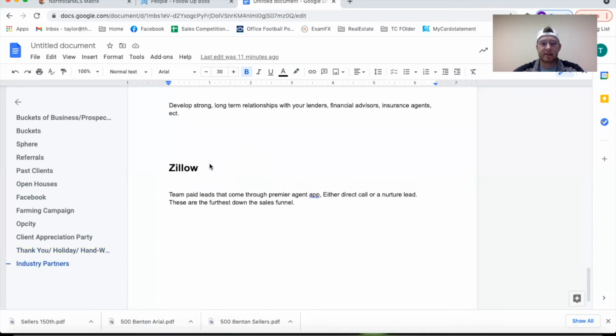The last one I have here is Zillow. This is a paid lead subscription. These are by far the furthest down the sales funnel in terms of not only conversion rate, but you're getting a live connection call most of the time for somebody that wants to go see a house right now. So these are very attractive to first time agents just getting into the business, first couple of years, ramping up your business, trying to do as many transactions as possible. Excellent way to prospect, get a live lead, go do showings. They want direct information. They want to connect with you as a consumer.